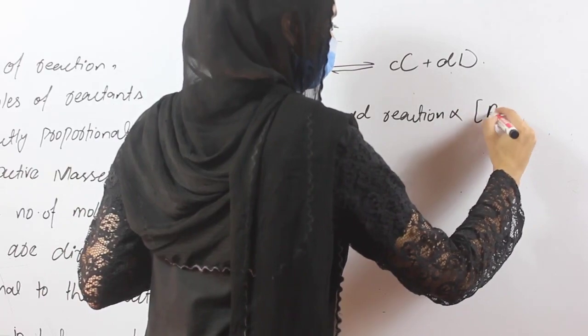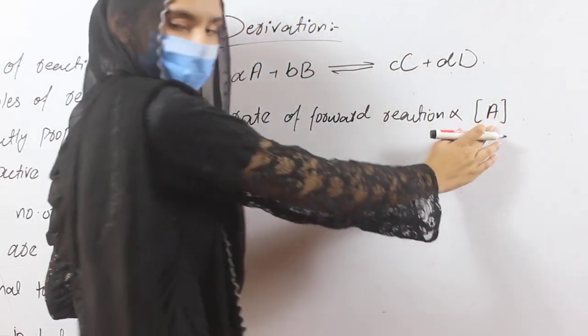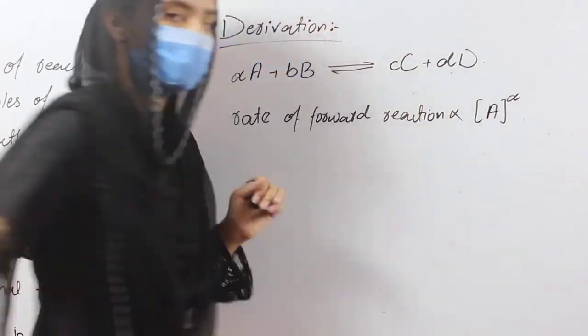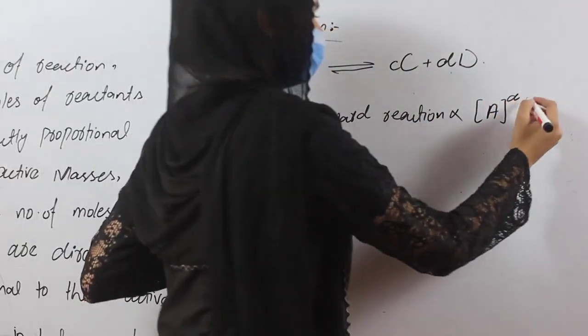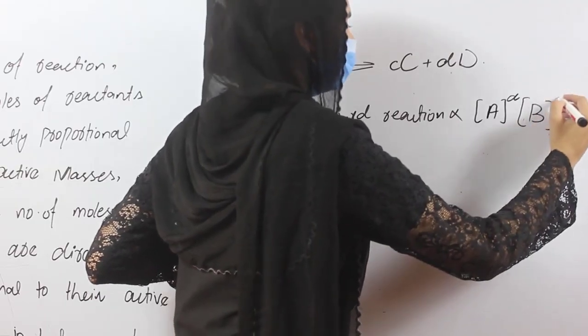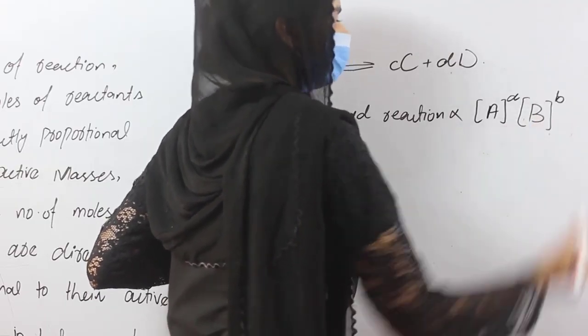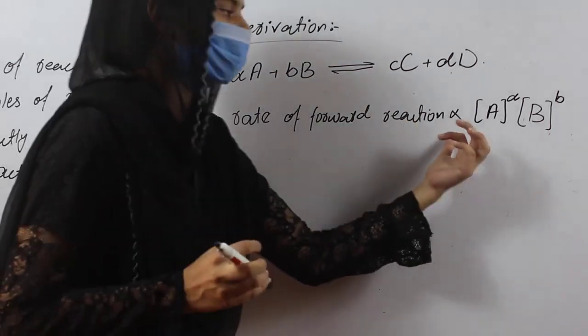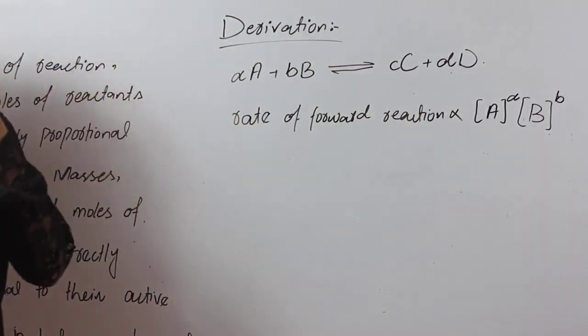This is the reactant, the brackets are their active masses, and here we put the number of moles like that. B is the reactant, the brackets are its active mass, and the small b is its number of moles or coefficient. When we change the proportionality sign to equal,